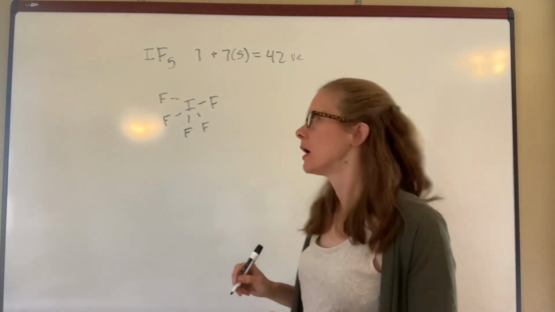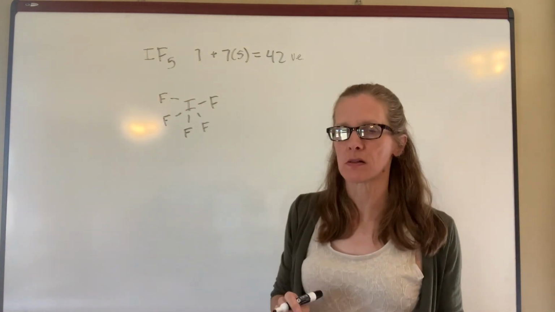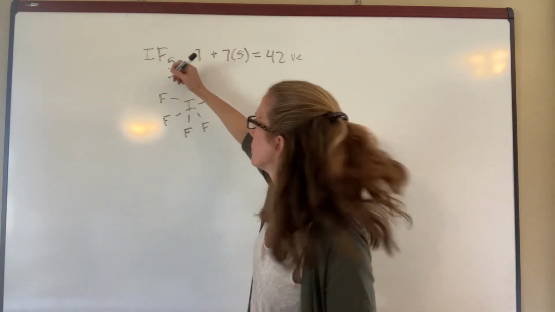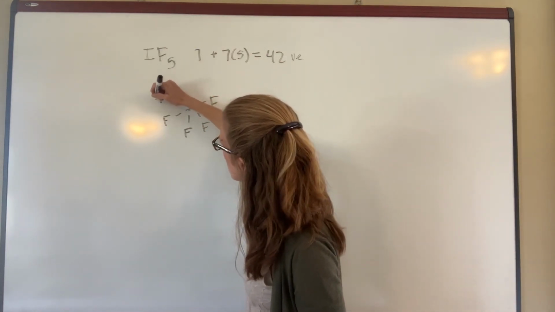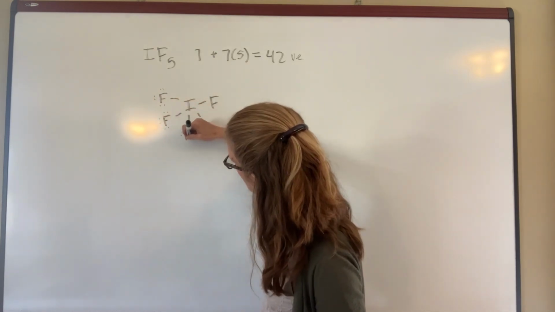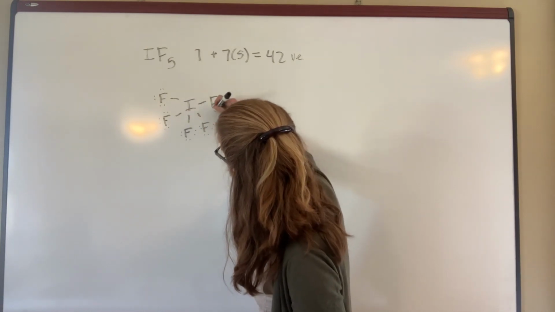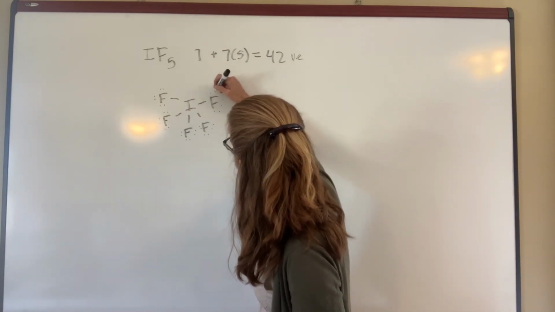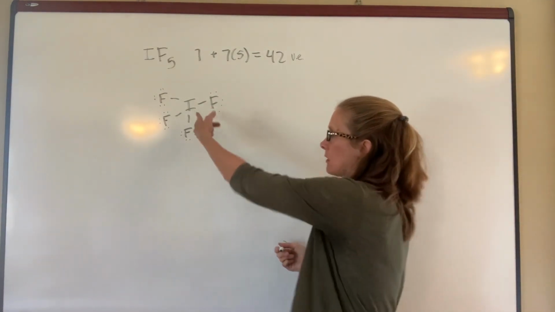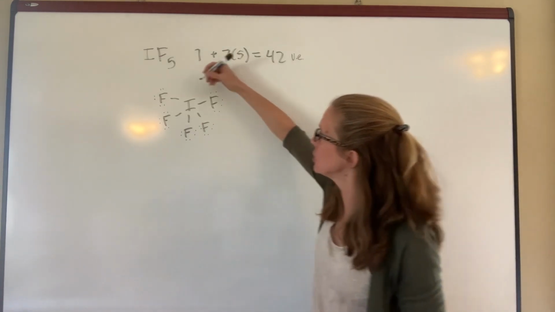So I'm going to have 1, 2, 3, 4, 5 fluorine. So I've used 2, 4, 6, 8, 10 valence electrons so far. Let's start filling in with lone pairs. So I've got 10. Let's make sure I count right. 10, 12, 14, 16, 18, 20, 22, 24, 26, 28, 30, 32, 34, 36, 38, 40. Everything certainly already has an octet. Iodine already has more than an octet, but I still have 2 valence electrons that I haven't used, and so